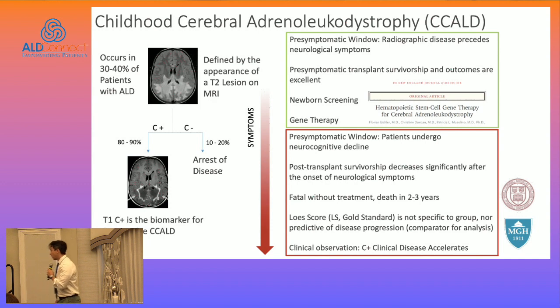And then there's been this clinical observation that's floated through the literature from Dr. Moser initially, and then from Ali Fatimi in his work in the early 2000s, that when patients undergo contrast enhancement, their disease speeds up. I thought that was an interesting clinical observation, and it became the basis for my hypothesis for some of my work.